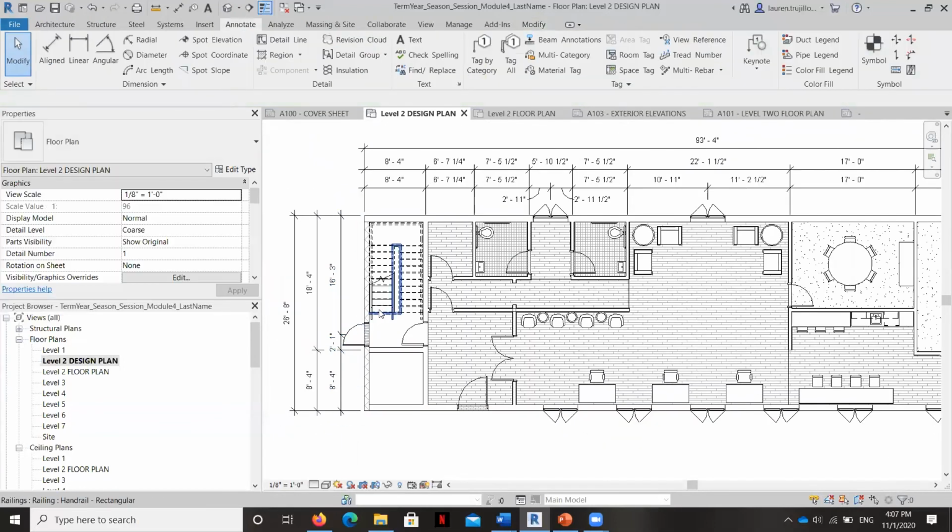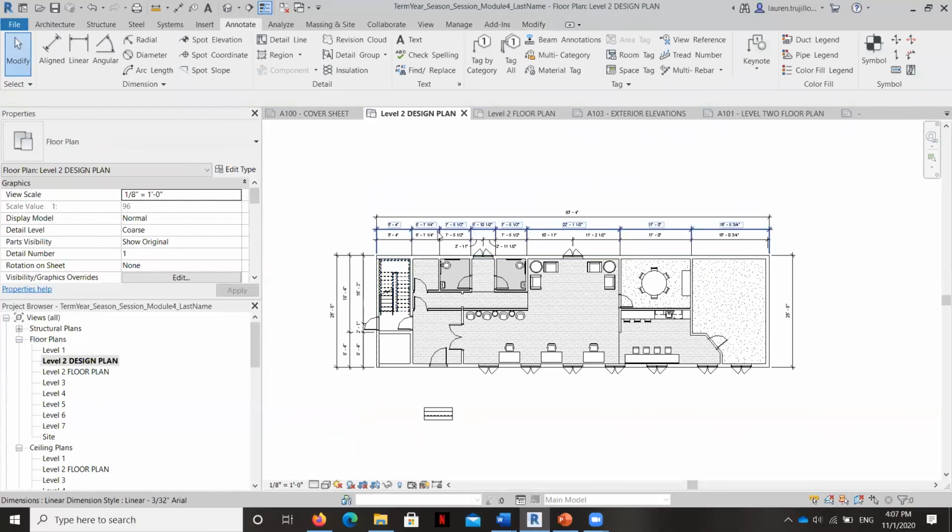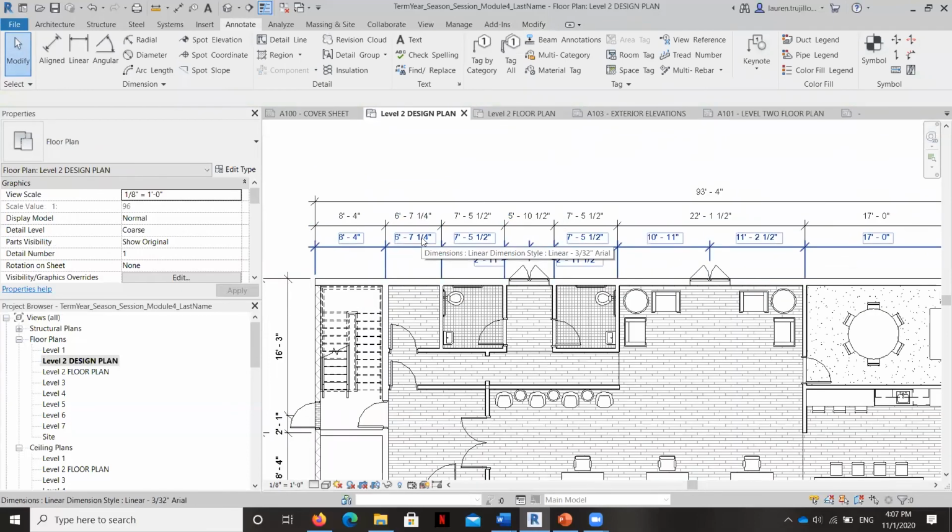Okay. Now, one thing that you might notice here is we've got the tolerance set to 1/4 of an inch. Now, that's pretty precise for wall locations. And there are certain things that might be built to the nearest 1/4 of an inch in an interiors project or an architecture project, but the walls probably won't be. In fact, if you ask a contractor to build a wall that's 7 feet 5 1/4 inches, the contractor will probably not do it. So what we want to do is actually change our tolerance a little bit for this